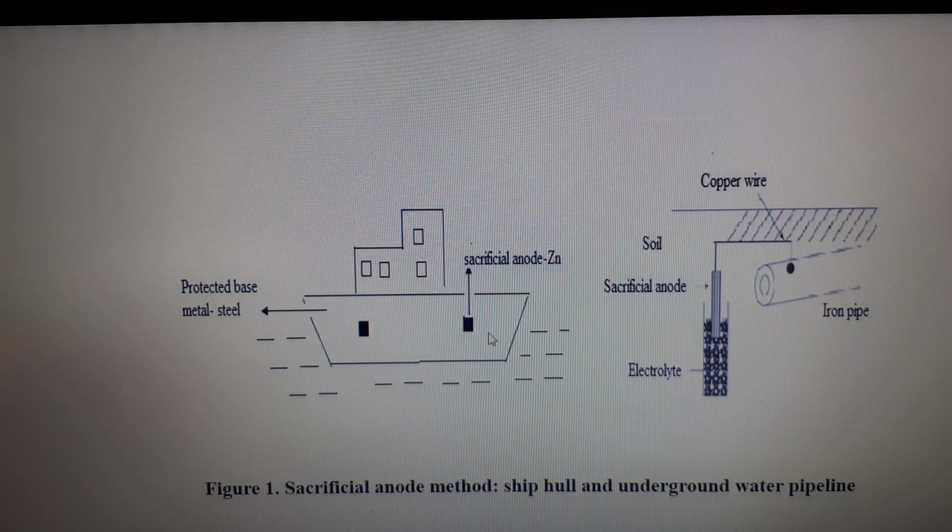Okay, so what have you understood from this structure? Suppose we have underground pipelines which are made up of iron basically, and you know iron has a basic nature to corrode very easily. So what we will do is connect this metal, that is iron, to a more reactive metal. Suppose this is magnesium. Magnesium is above in the electrochemical series, more reactive, so it will behave like an anode in comparison to the iron. So who will sacrifice then? Who will corrode? Magnesium corrodes, and the iron pipeline remains protected.